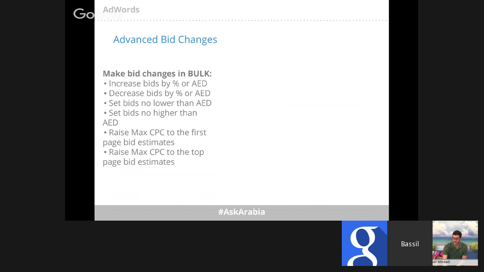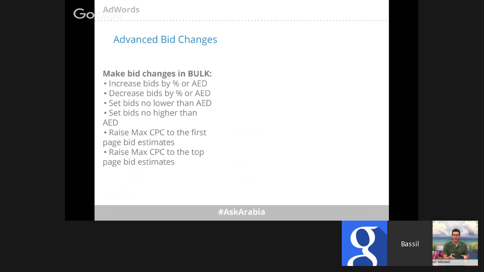Another thing you can do is add advanced bid changes. A lot of you are probably looking at getting the most bang for your buck, so to speak, when it comes to bidding on certain keywords, for a certain location, or a certain time of day. It can be a little difficult when you have a large number of keywords in an AdWords account, with multiple campaigns and multiple locations, to track all that and then make the necessary changes you need to make